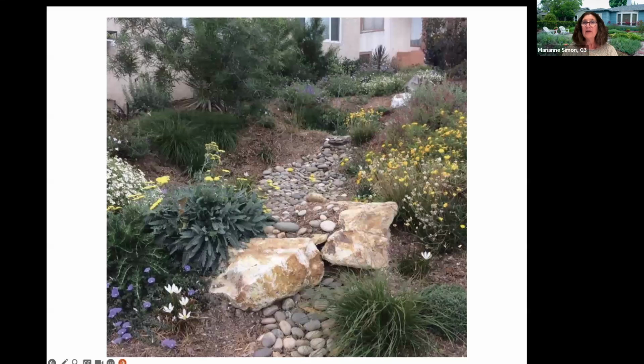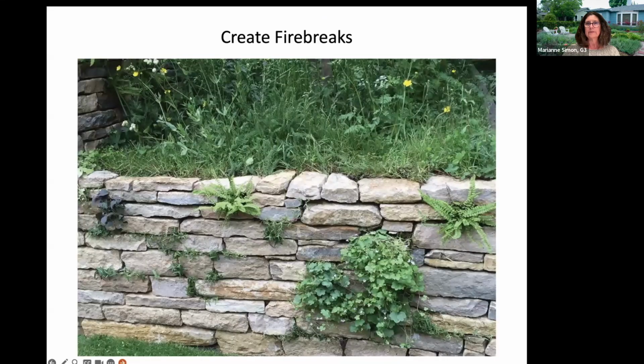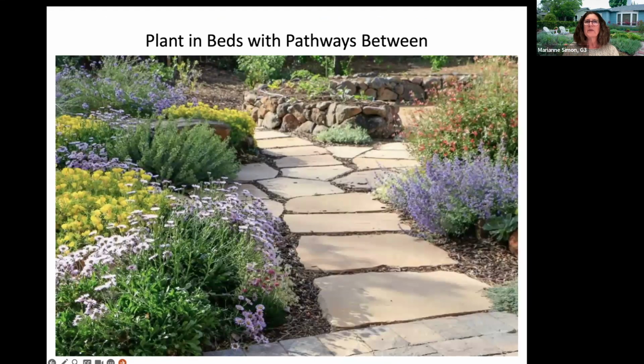We've got an example here. This is our rainwater capture area. So whatever opportunities we can take advantage of to get that rainwater into the landscape. And then we talked about creating those fire breaks so that you've got something low, you've got some fire going, it makes its way, spreads along the ground, hits this stone wall and can't really travel much beyond that. We do the same thing with our paths.